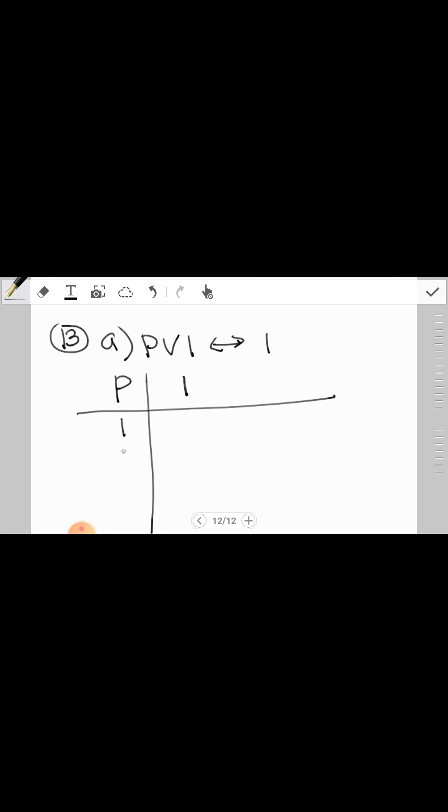For P, we have two choices only: either P is true or P is false. And since this is true, we have no other choice, but that will always be true. Therefore, if you now consider P or 1, P or true: